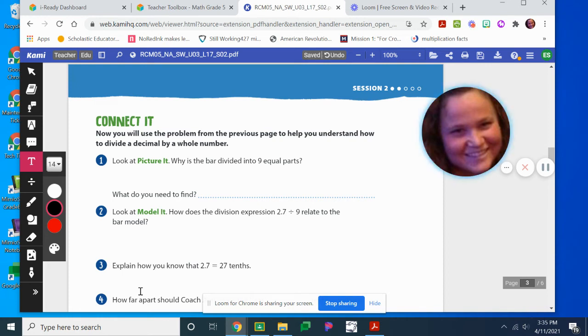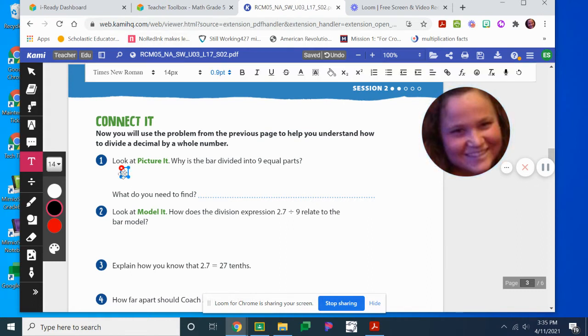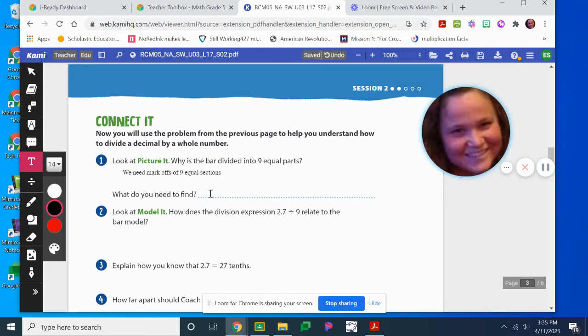So we're going to go ahead and put that in here because we need mark offs for the flag of 9 equal sections. So we need to figure out the length